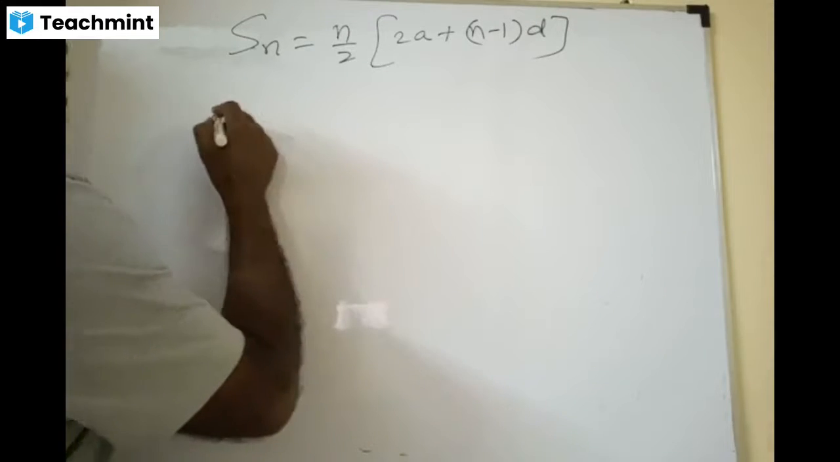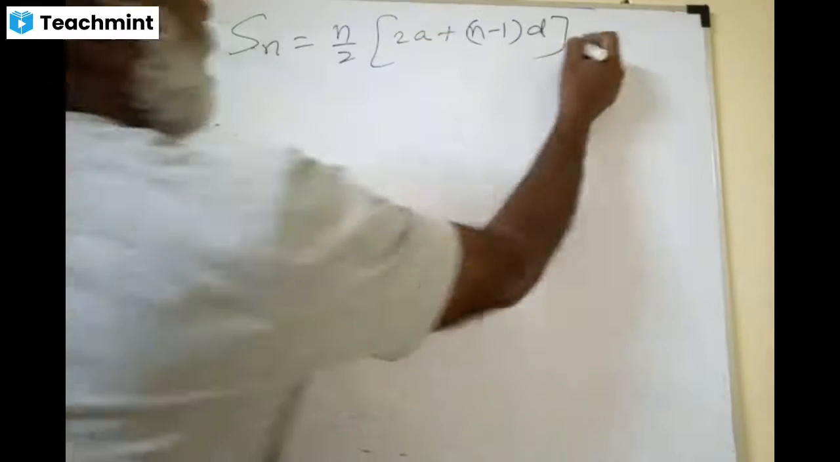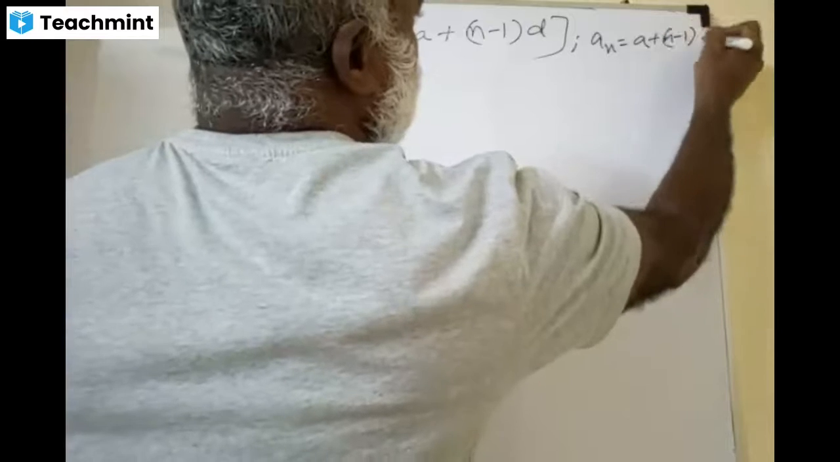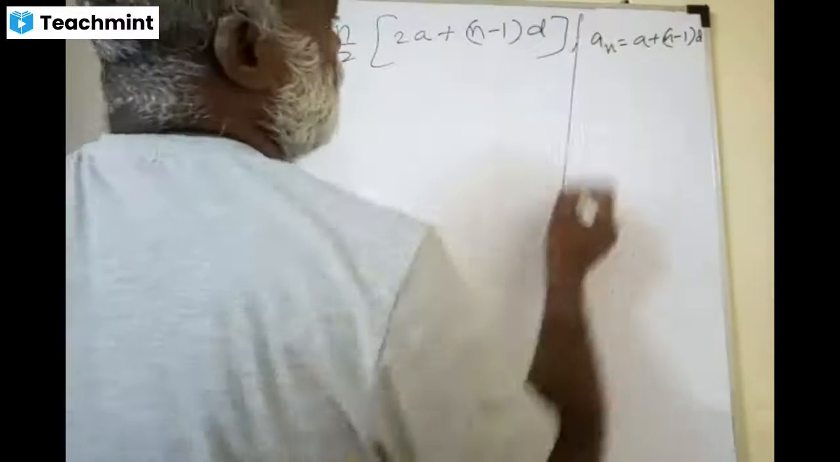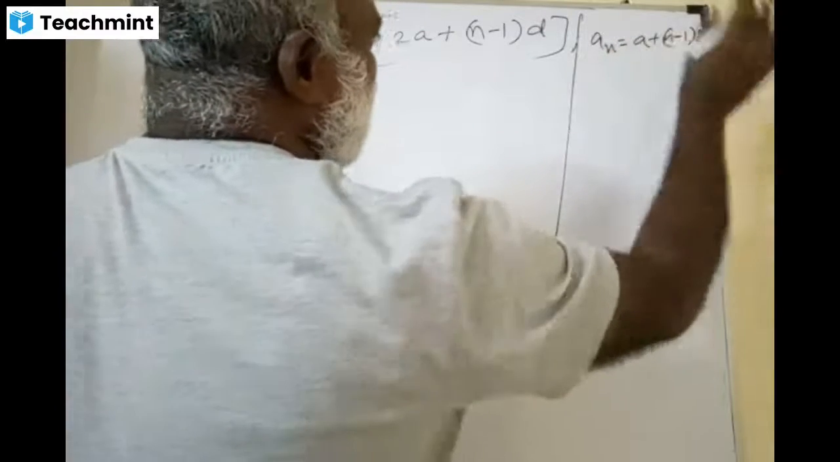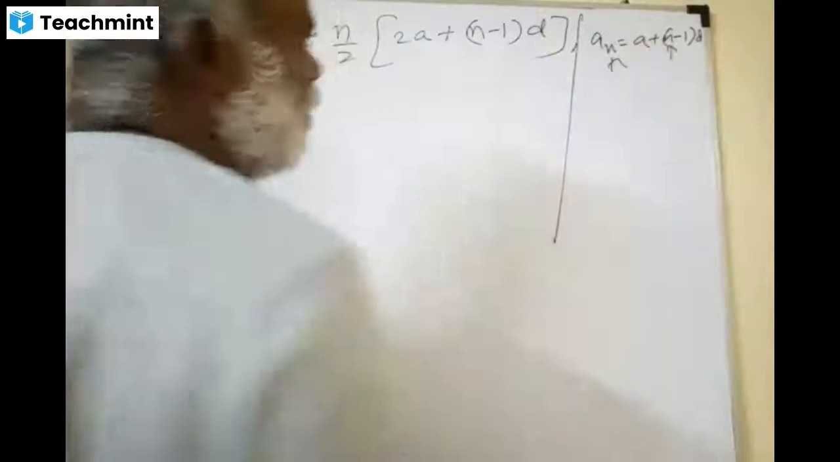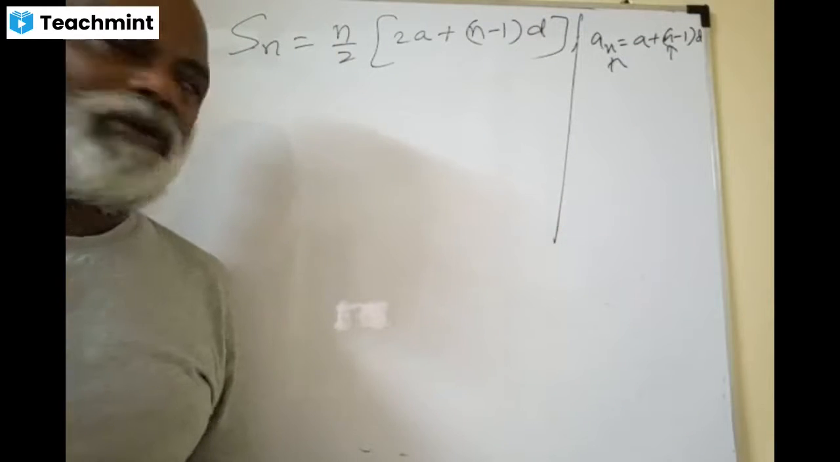And you observe this Sn and An. Sn is already here. When I write An here, An is a plus (n minus 1) into d. Let us consider that this equation is in n. N is the variable here, because n is here. So, if I take n as a variable,